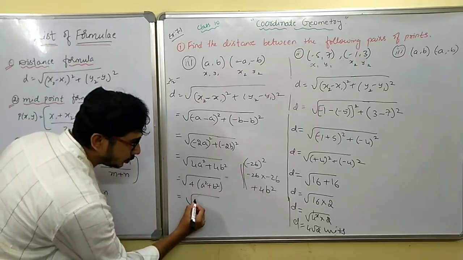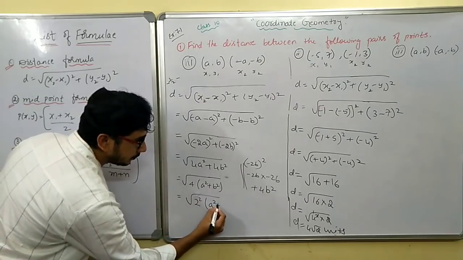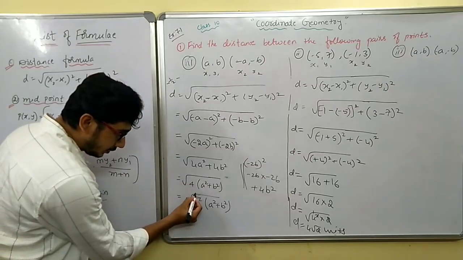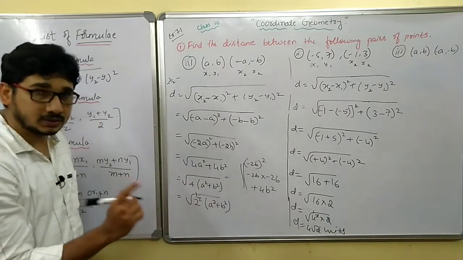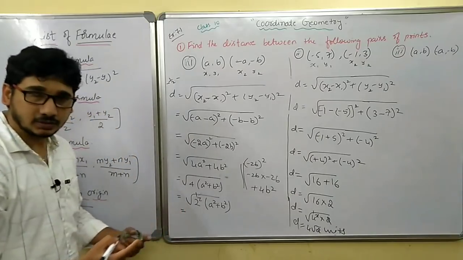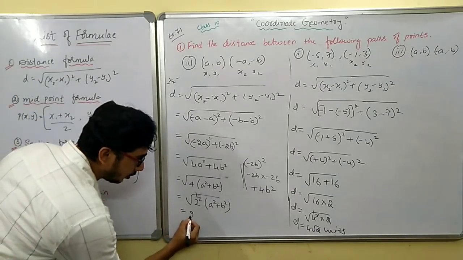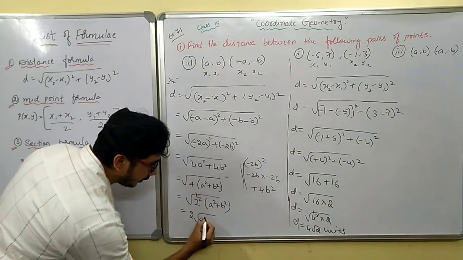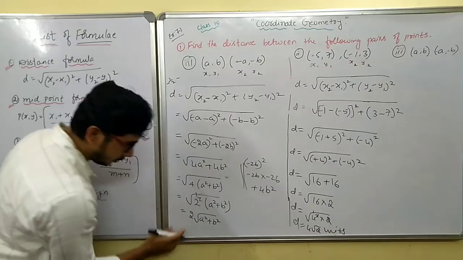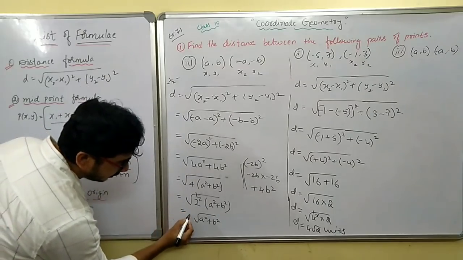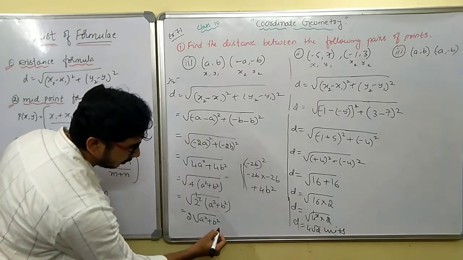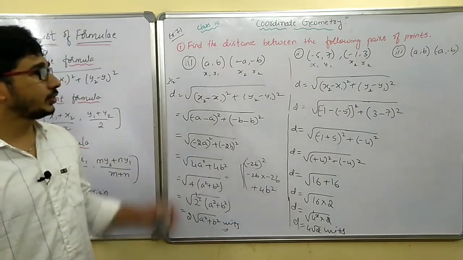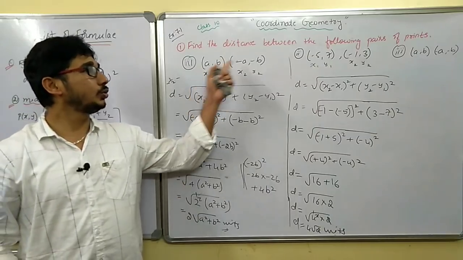4 can be written as 2 square. Okay, 2 2s are 4. Now this square and this root will cancel for only this number. So after getting cancelled, 2 will come out. So I'll write 2 outside. Remaining, this will be there inside the root only. So it will become a square plus b square. So I'll write it a little lower, otherwise it will give a different meaning. So that's all. Units. This is the distance between these 2 points.